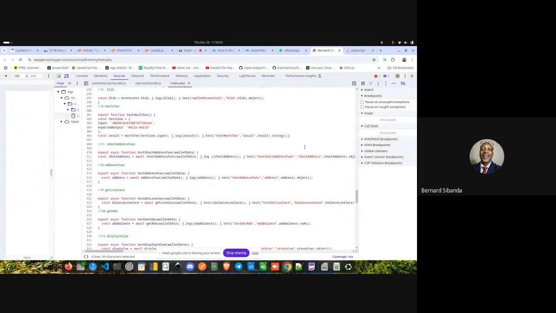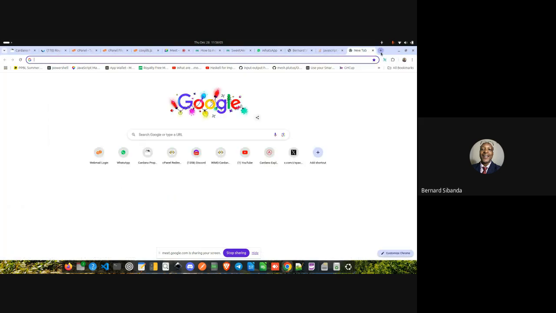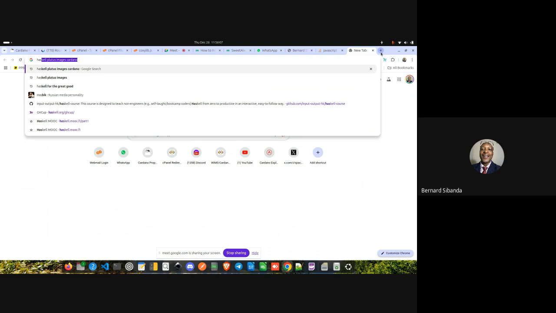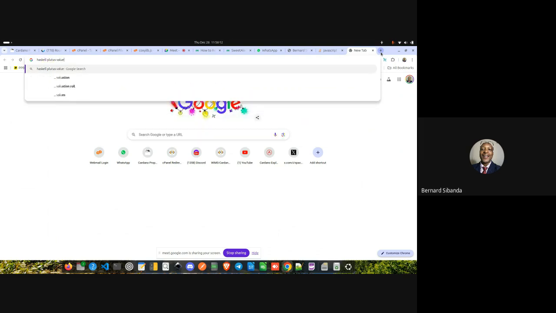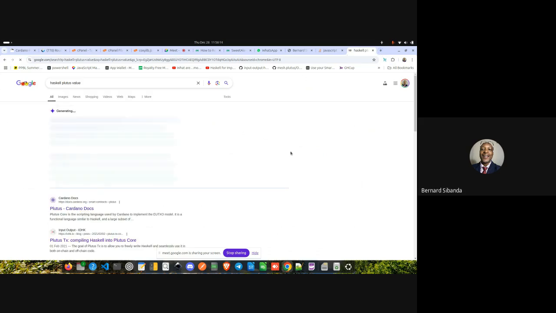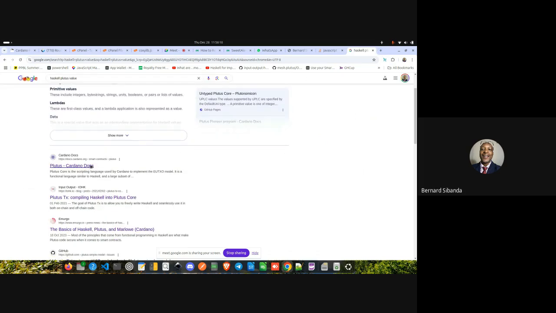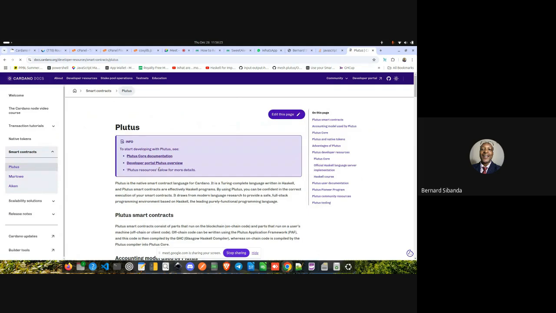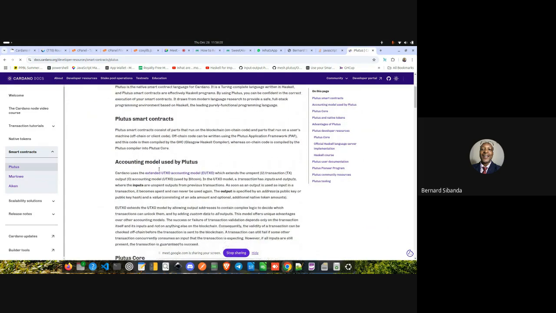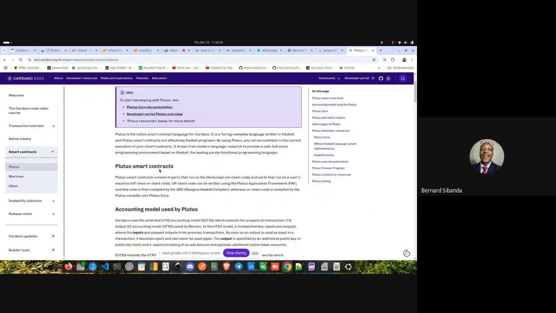If we go to Haskell Plutus, sorry to digress a little bit. Check value. Let's go to compiling value docs. I don't know which docs are going to give us a better explanation.